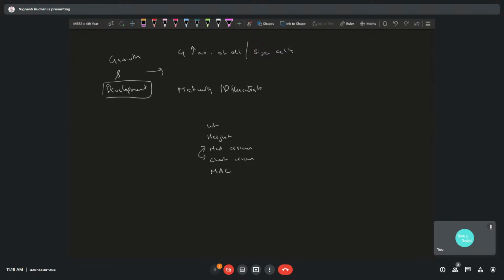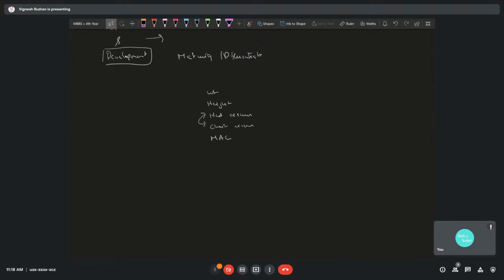Okay, and last one is mid-arm circumference. So this is an important thing for finding out the severe acute malnutrition, the nutrition status of a child. So you use various equipment like your inch tape. There's something known as bangle test, where you have the examiner using a bangle of certain size, 4 inches, and then you check if that is passing through the baby's hand. And then you have stick, quark stick, and the most important one is Shakir's tape.